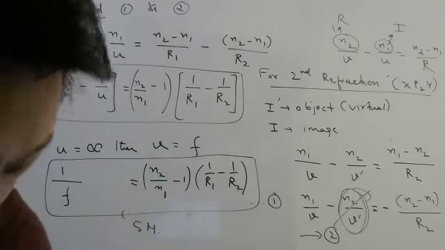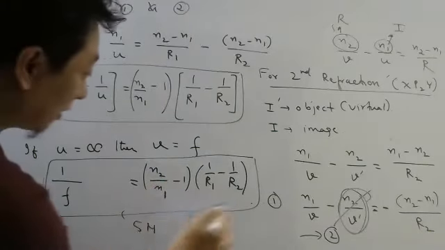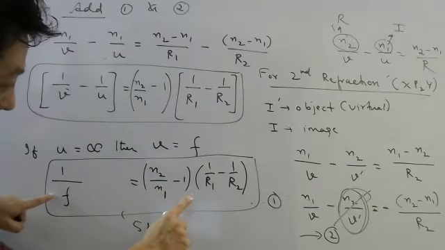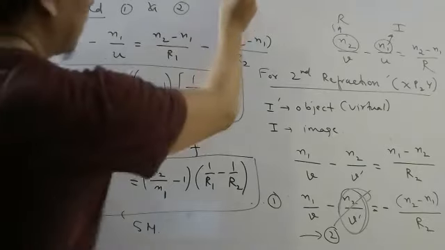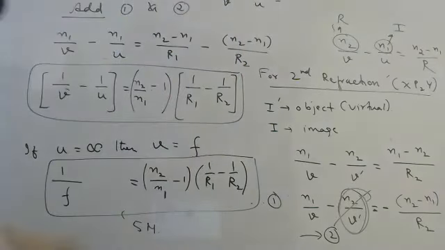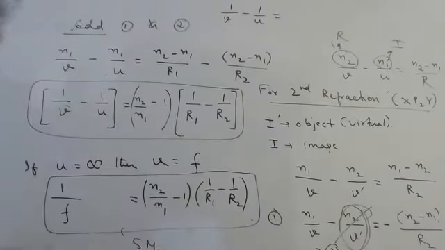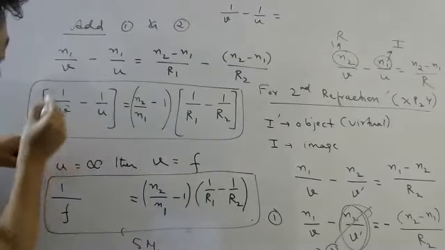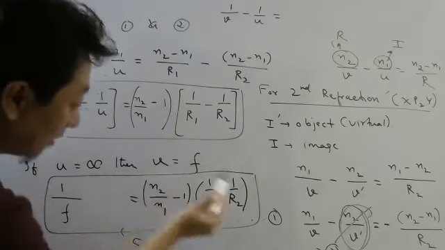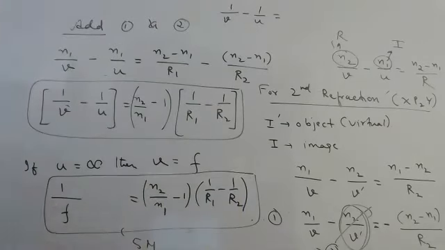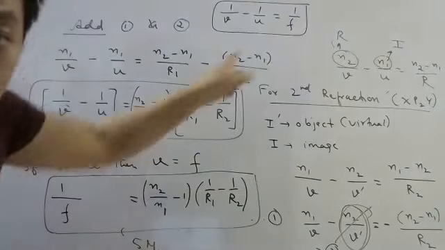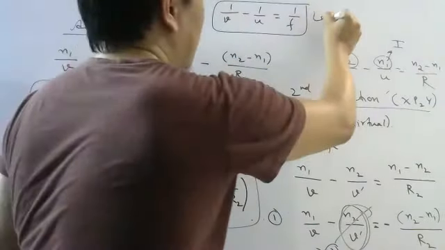Okay. Now look here. This part is this only, right? So if I substitute this right hand side for this one here, what will I get? 1 by V minus 1 by U equals to, sorry, it's not visible, right? Okay. So you look at this equation. See here, on the left side is 1 by V minus 1 by U. On the right side is this quantity, but this quantity is nothing but 1 by f. So I can write it as 1 by f. So this is called your lens maker formula.